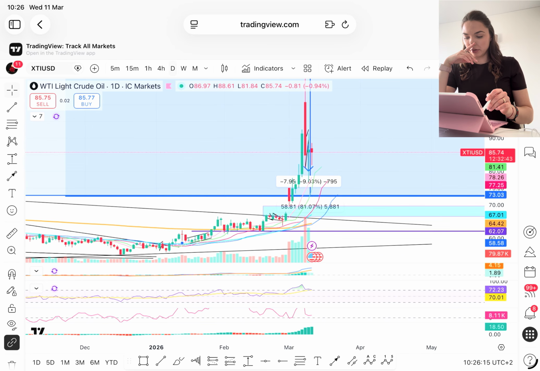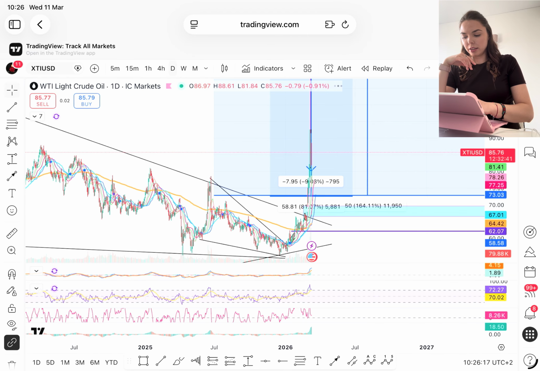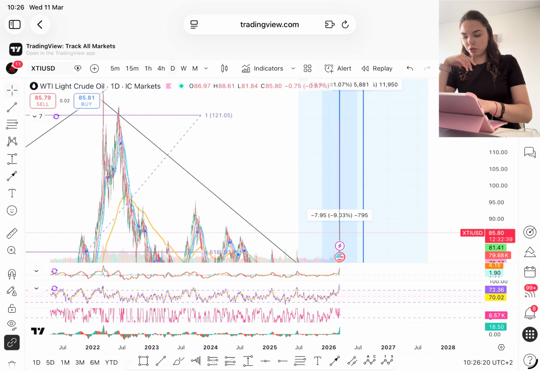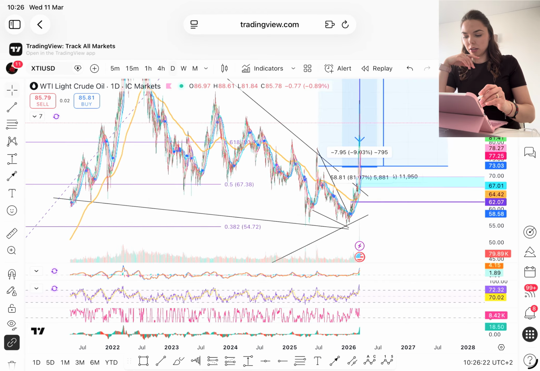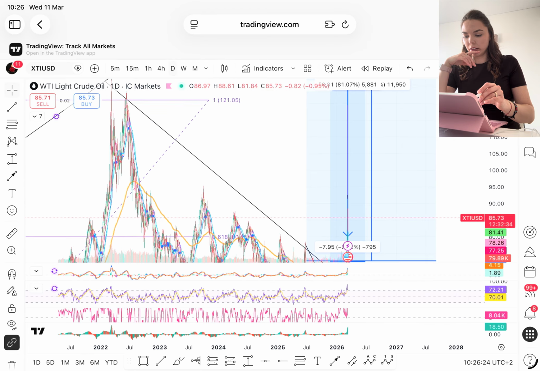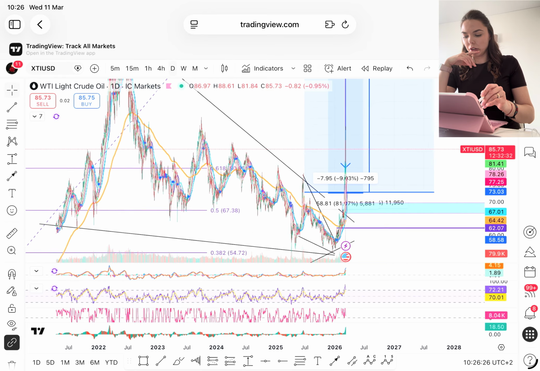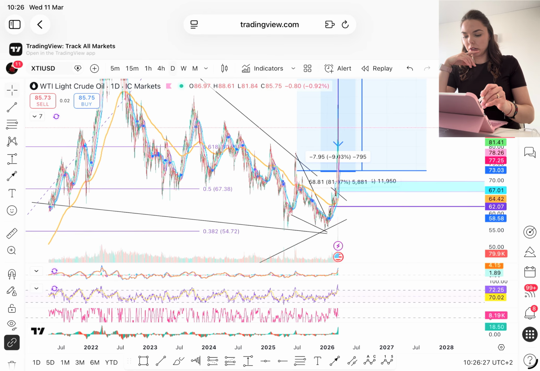It seems like it's going to test this wedge, definitely. And on the 4 hours,